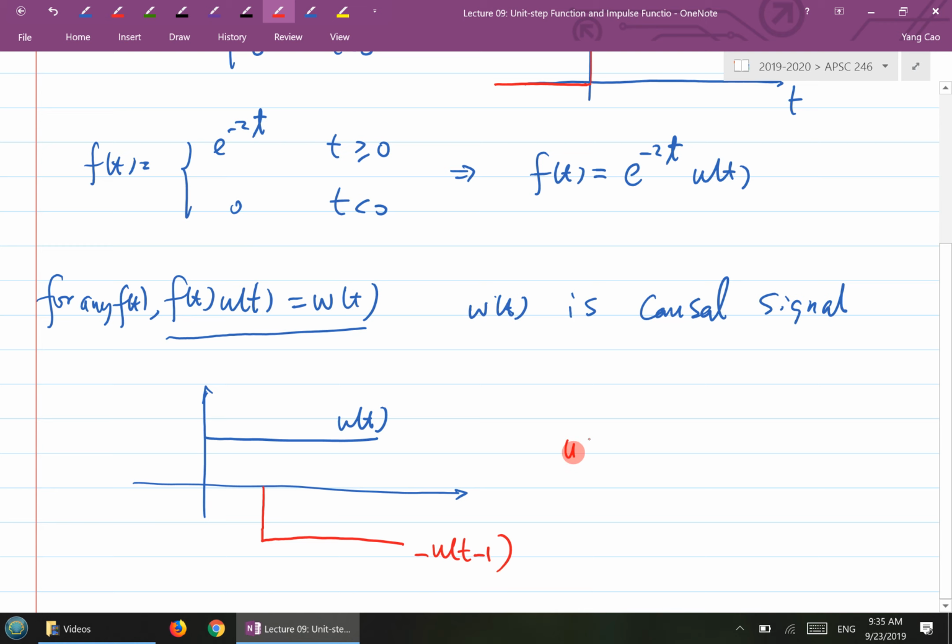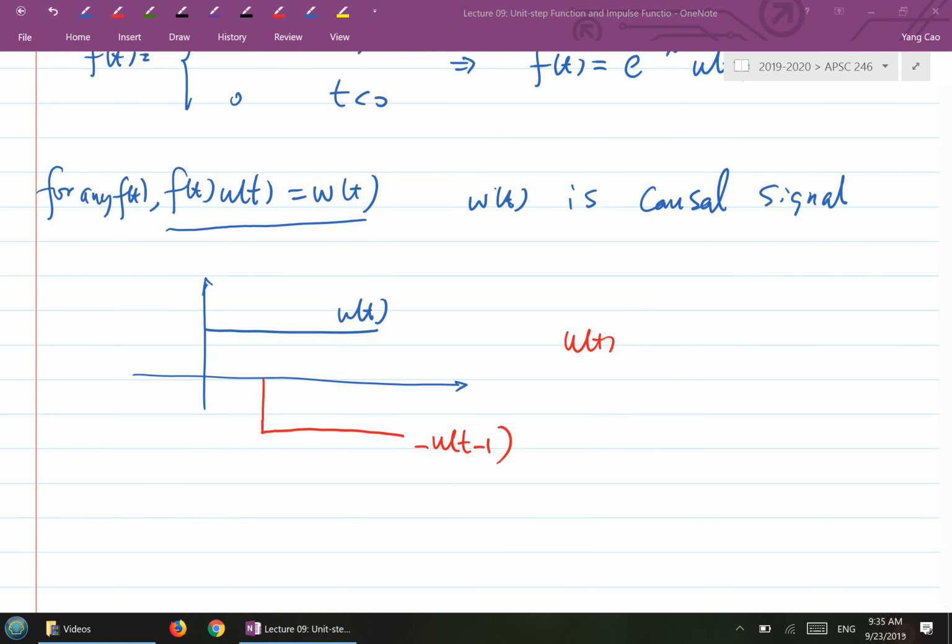Then when you add these two curves together, u of t minus u of t minus 1, we create this. This is 1 here. This green one is u of t minus u of t minus 1. We created